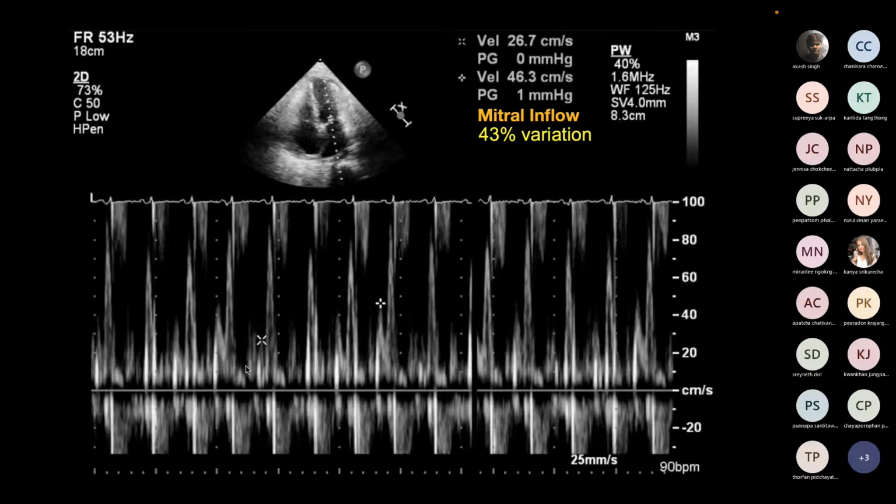Another thing that we can look at is mitral valve inflow and how it moves according to the respiration. So we call that respirophasic changes. We will use PW on top of the mitral valve, and then we speed up the time and ask the patient to take a deep breath in and out. And when we mark the location of the E wave,